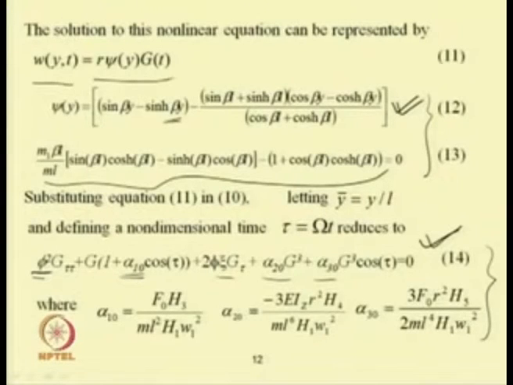before going for the solution method, let us see what the other coefficients are. To obtain these coefficients one has to integrate these things, for example h 1 equal to integration of psi square, h 2 equal to psi into psi 4 dash, and similarly h 3, h 4, h 5 and many other coefficients one may get if one takes the system to be more and more nonlinear. Here the first mode frequency can be written in this equation, E I z by m L fourth into h 2 by h 1.